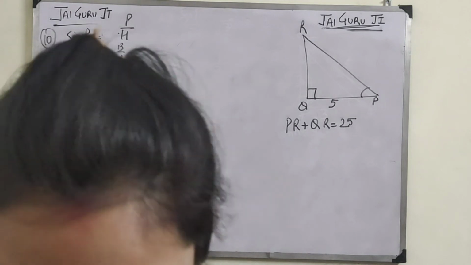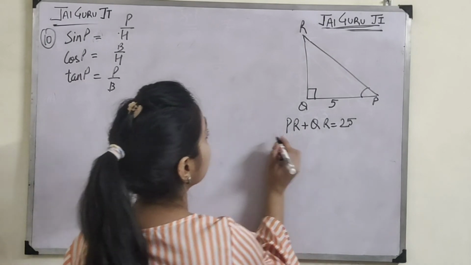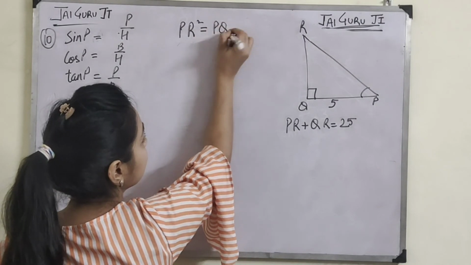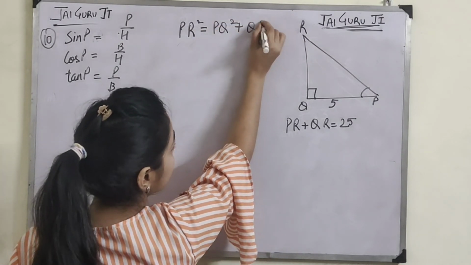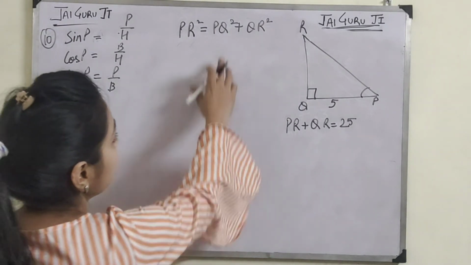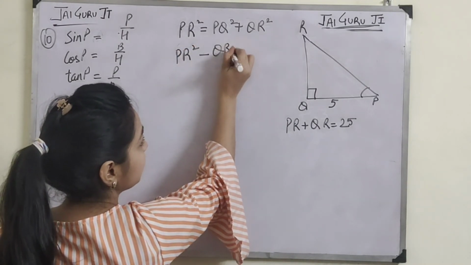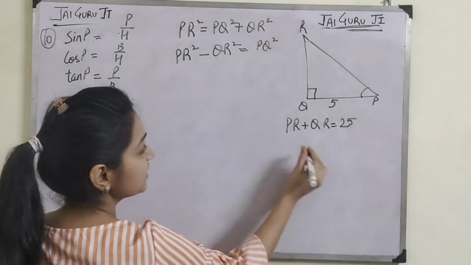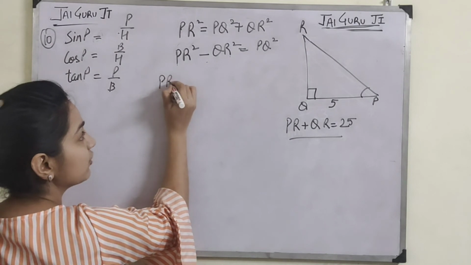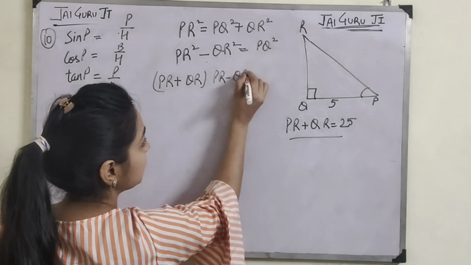First of all, you have to find out the two sides. If I say PR squared, hypotenuse squared is equal to base squared plus perpendicular squared. Here we have to find out, I'll keep PQ squared here and take this here. PR squared is plus here, so when it goes there it becomes minus, because this is given in the question, so I have to use it. Now you know a squared minus b squared is, as I told you in the last question, (a plus b)(a minus b).